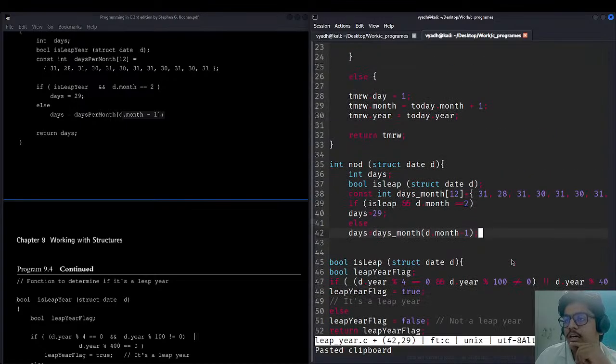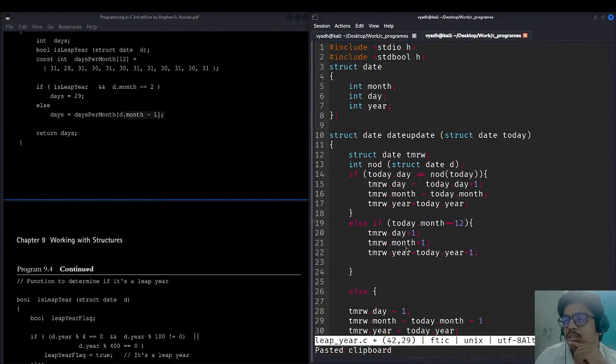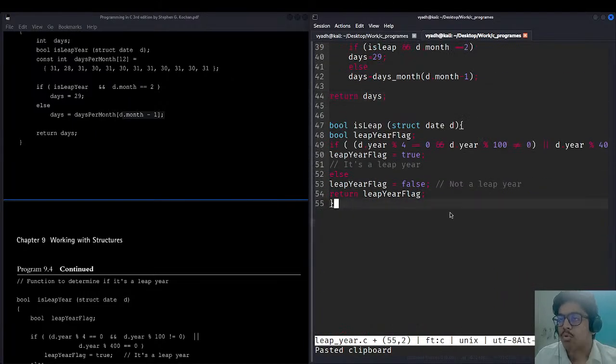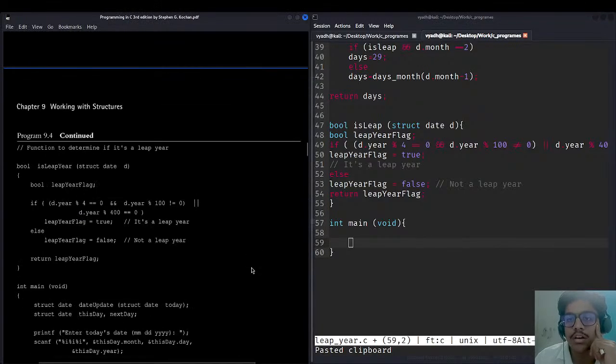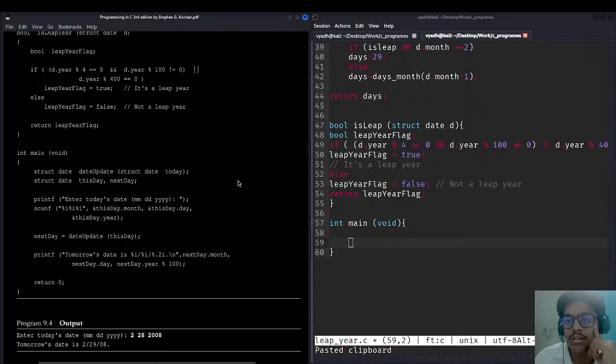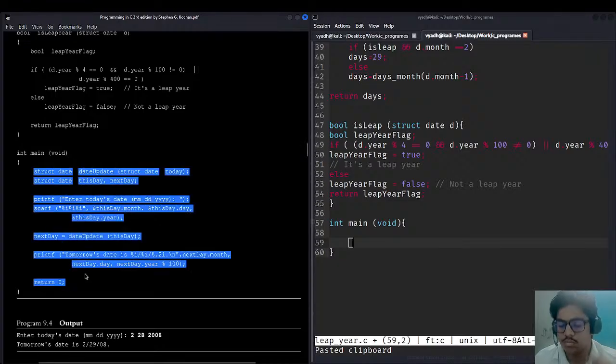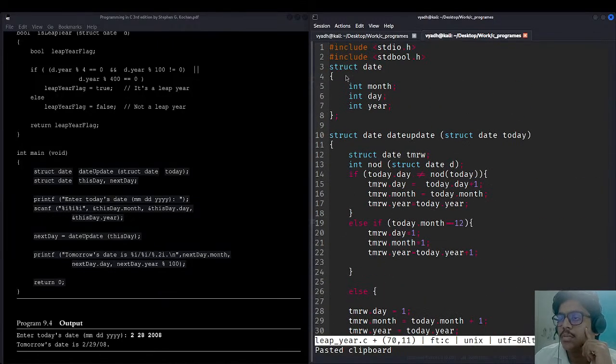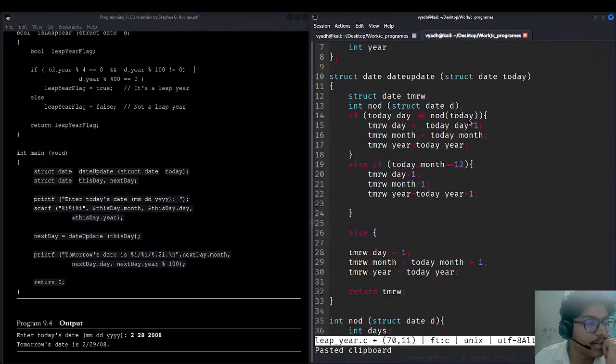ये हो सकता है। इसके बाद हमने इंट कहाँ पे यूज़ किया है, यहाँ स्ट्रक्चर यूज़ किया है तो यहाँ रिटर्न दे दिया। इसके बाद यहाँ पे एक रिटर्न देना पड़ेगा, इंट डेज, ठीक है, तो डेज पे रिटर्न जाते हैं, ठीक है। अब हमारा मेन प्रोग्राम आएगा, इंट मेन वॉइड। अब मेन प्रोग्राम का स्ट्रक्चर क्या लिया है, स्ट्रक्ट डेट, डेट अपडेट, अरे तो बेसिक है यार। सबसे पहले स्ट्रक्चर डेट बनाया, फिर डेट अपडेट का बनाया।